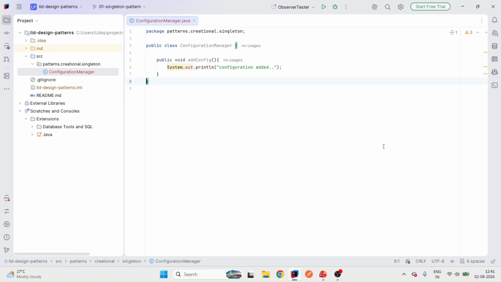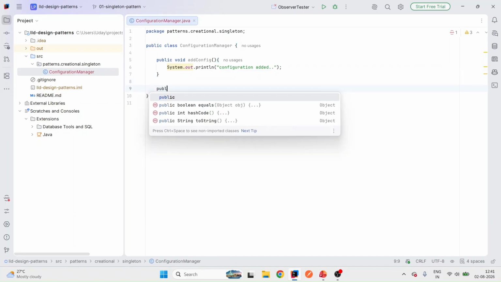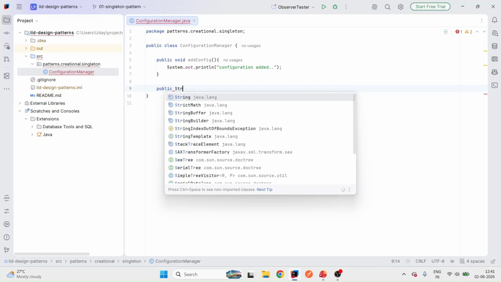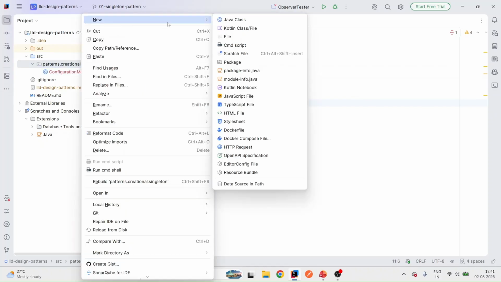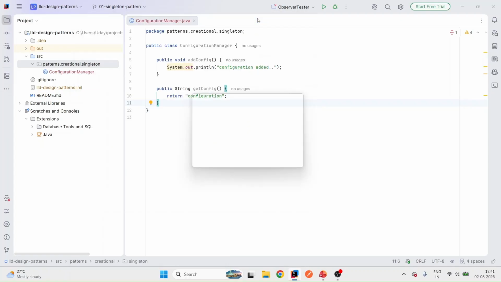And one more method, let's say getConfig. It will return a configuration. Cool. Now let me create one tester class,